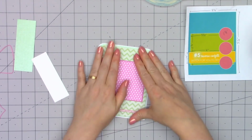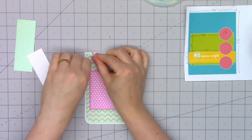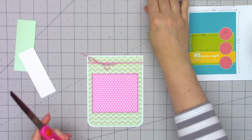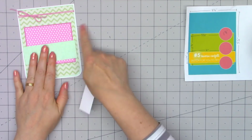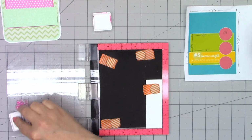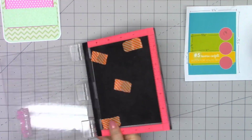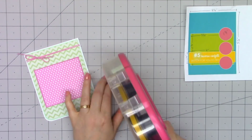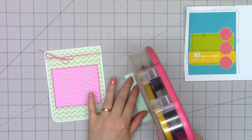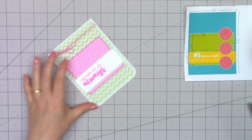Lots of adhesive just to make sure it doesn't pop off of my card. And then I'll tie a bow. So first I just looped that twine underneath the two pieces going across the card, and then I can tie my little bow, trim away the excess. And now I'm going to stamp my sentiment. So using this pink ink again, I actually use this quite a bit since it matches so perfectly with the pattern paper. So this one is I Am Here For You Always. So I'll layer that using some more of this pearlescent paper, attach it to my card, and then for those